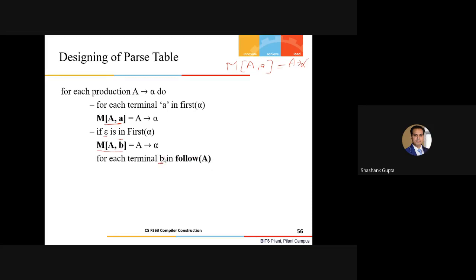So I'll write the corresponding production, A deriving epsilon or A deriving alpha, under this particular terminal symbol B here. And this is what exactly we did in the last problem here.